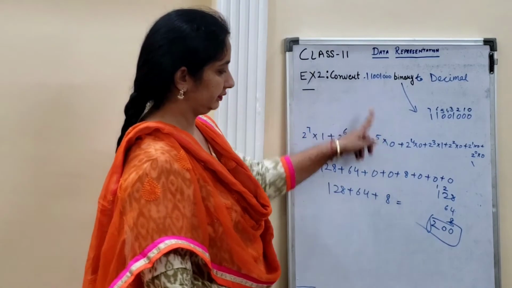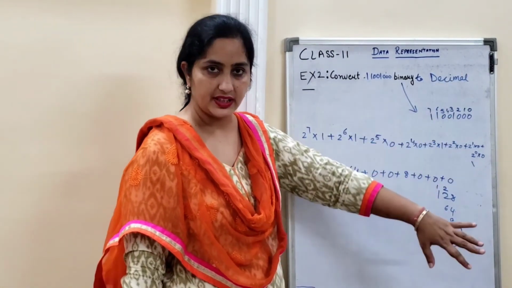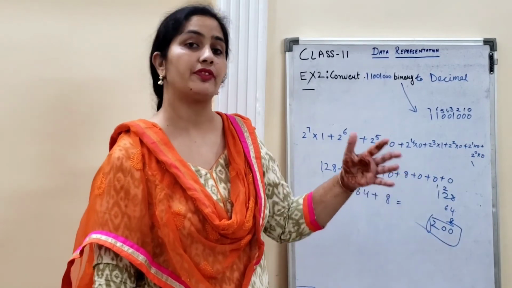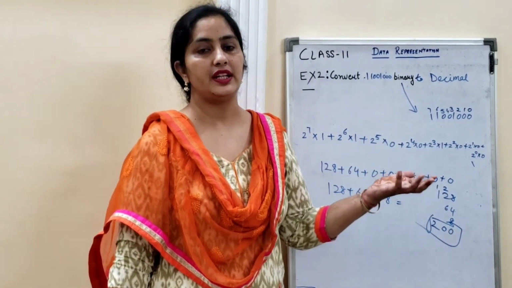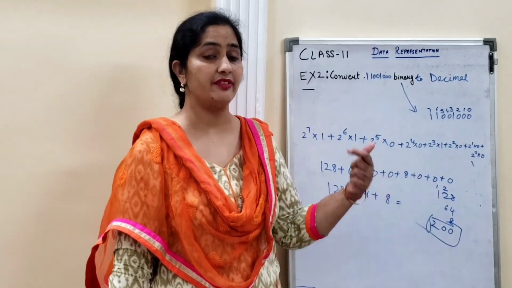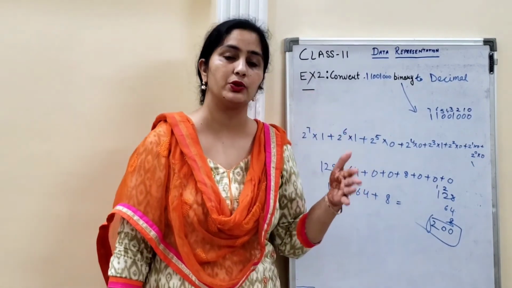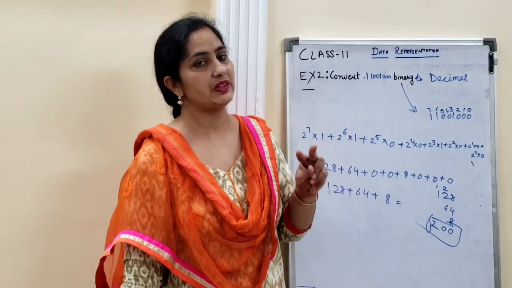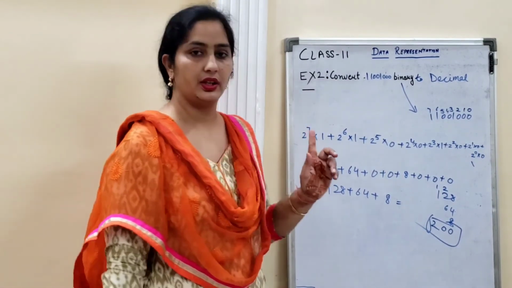See? We got our answer. Same number, you can convert into decimal. Even if you want to convert from decimal to binary, that also very easily you can do with the help of this method. We have two methods in the previous one. That is, when we are converting from decimal to binary, we have two methods. But when we are converting from binary to decimal, we have only this single method. Okay?